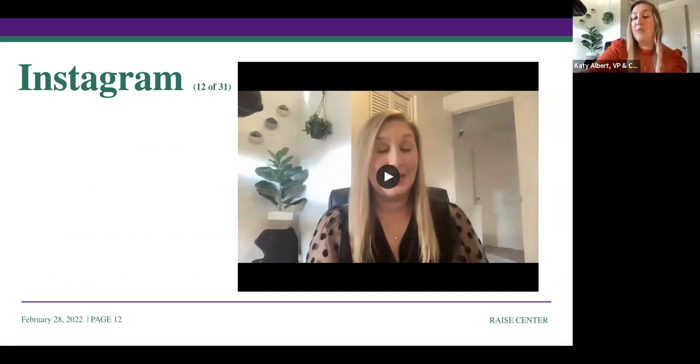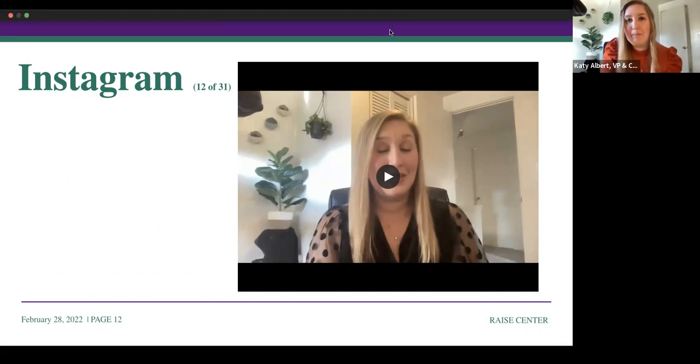We referenced Sprout Social and Hootsuite, reporting and scheduling platforms that will allow you to at least post on Instagram from your laptop, but any engagement or answering questions or comments does still need to happen through the app.